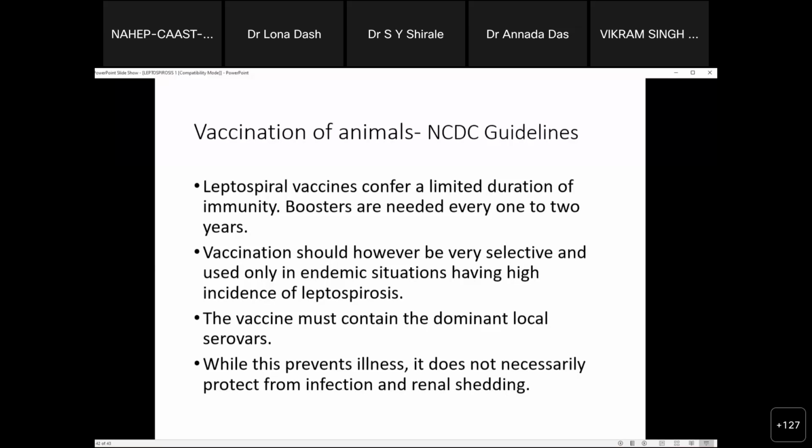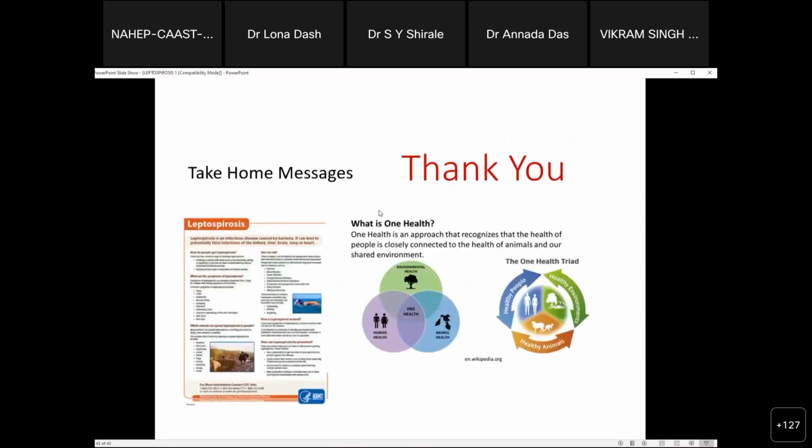And also, it's important to remember certain take-home messages, which include sanitation and hygiene, and proper disposal of garbage, so that we do not give scope for the rodents